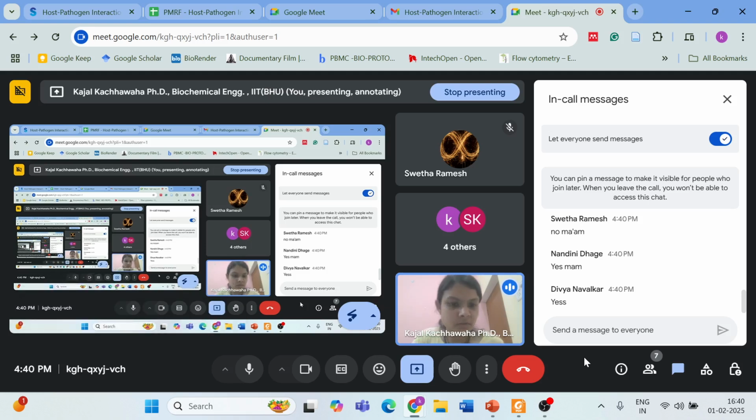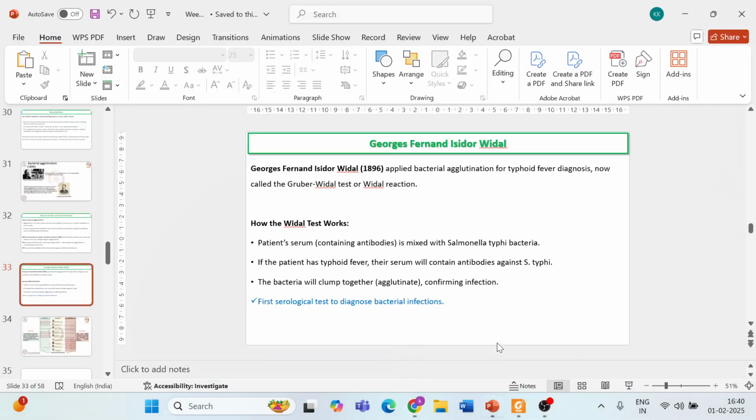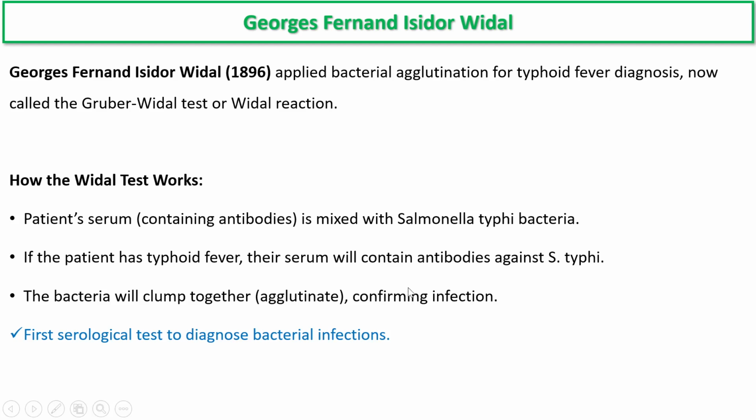Okay, sorry for that. The Vidal test is used for the diagnosis of Salmonella typhi, which causes typhoid fever. So see what is happening here. How does the Vidal test work? When a patient's serum containing antibody is mixed with Salmonella typhi bacteria, which causes typhoid fever,